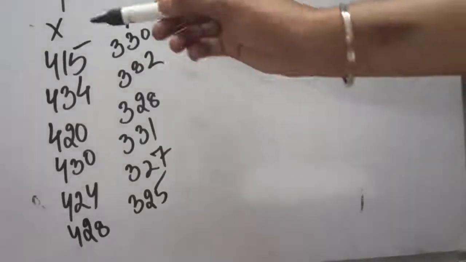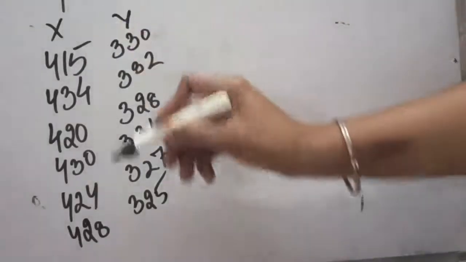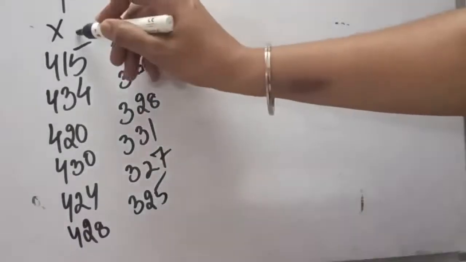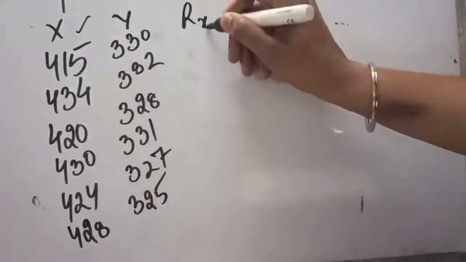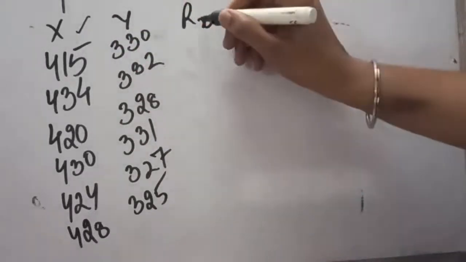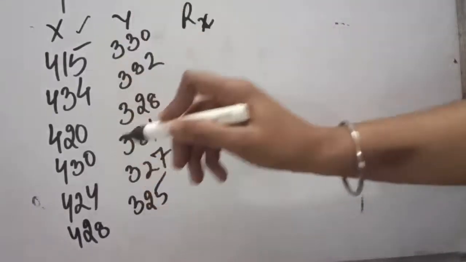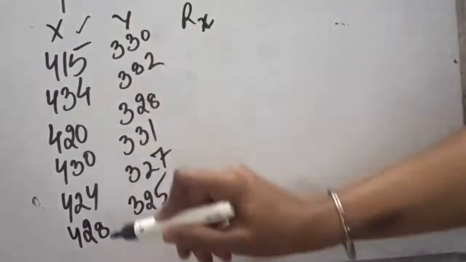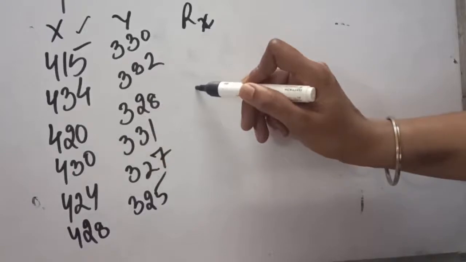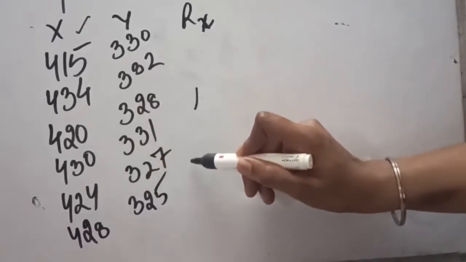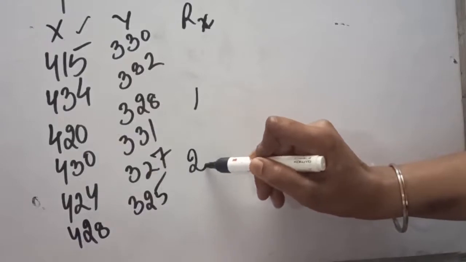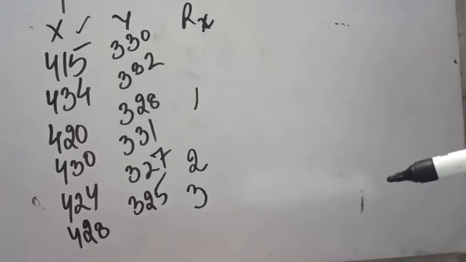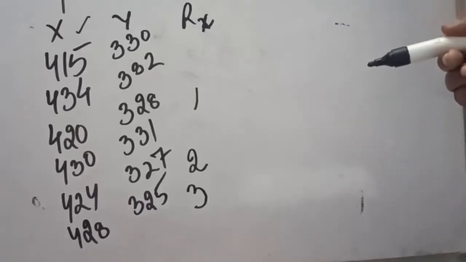Now this is one question of Spearman correlation. Let us see. First of all, whatever figures have been given, you have to give them ranks. So here we will give the ranks to X series, which we will denote as Rx. It means rank of X series. So how will the ranks be given? You can give the smallest element rank 1. As I can see, the smallest out of these is 420. So I am giving here rank 1. Next is 424, so I am giving here rank number 2. 428 next, so I am giving here rank number 3. So like this we can give the ranks.